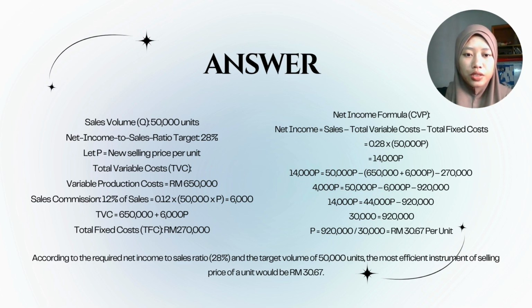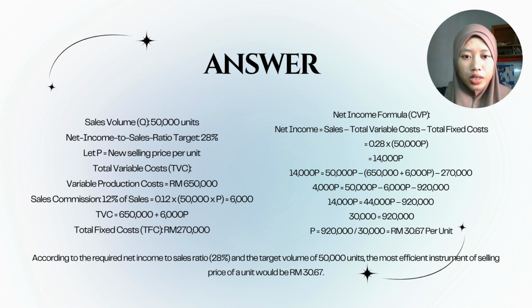The 920,000 we got from 650,000 plus 270,000, and so 14,000P equal to 44,000P minus 920,000, and 44,000P we got from 50,000P minus 6,000P, and so